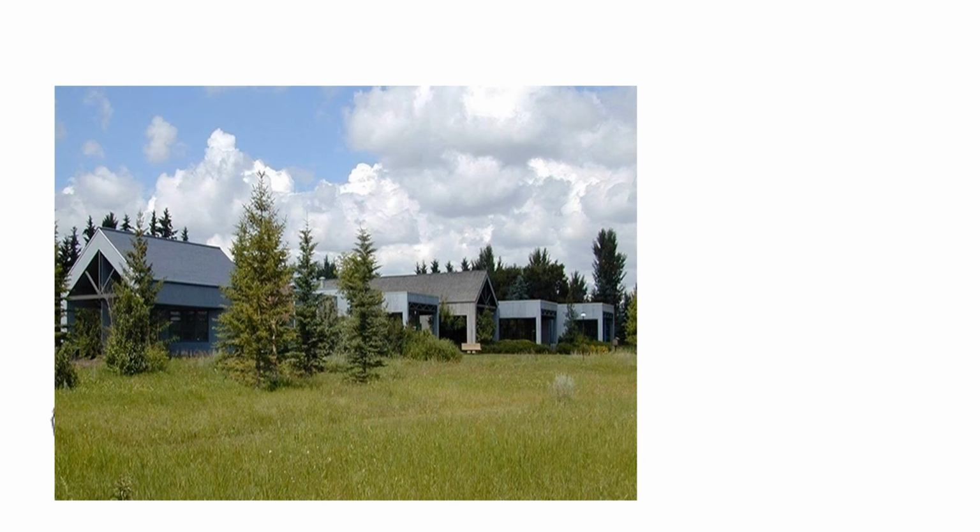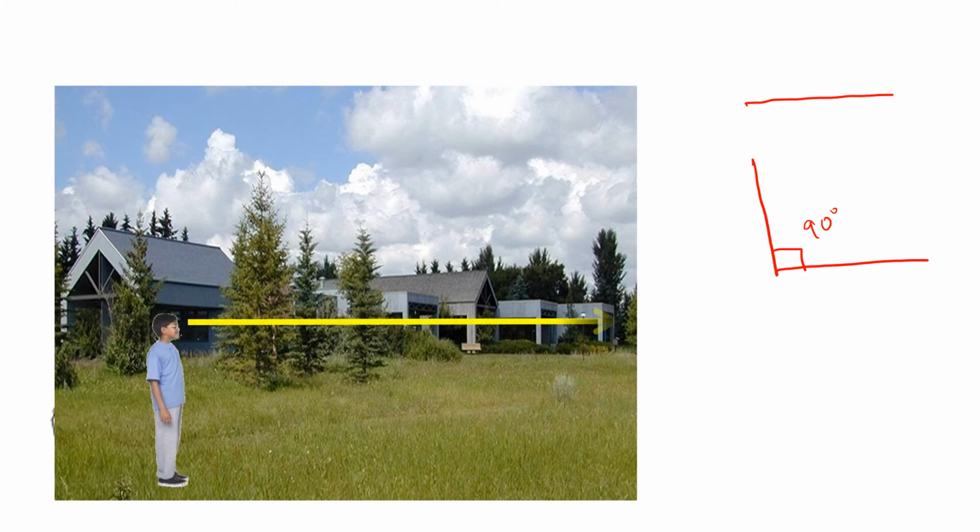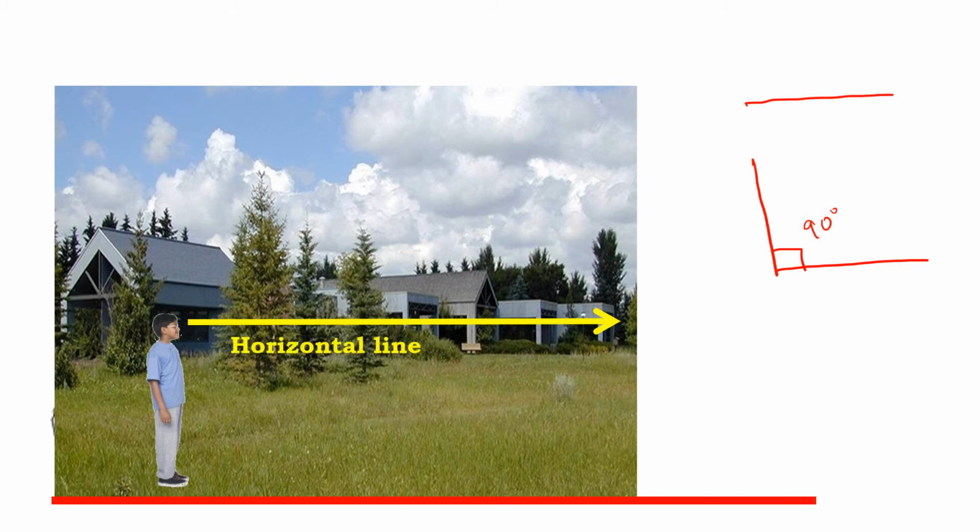Now, you must know that a single line doesn't make an angle. To make an angle, there should be at least two lines. For example, in a right angle triangle, one line is like this and another like this, and then it becomes a 90-degree angle. Now you can see in this example, we have a boy who is looking straight. That is a horizontal line. And you can see the bird flying over here. So this is the line of vision.